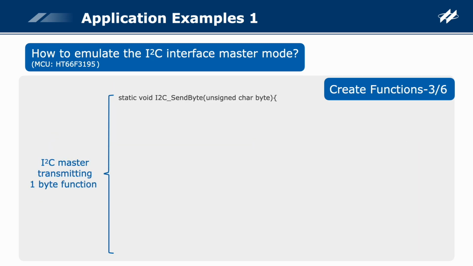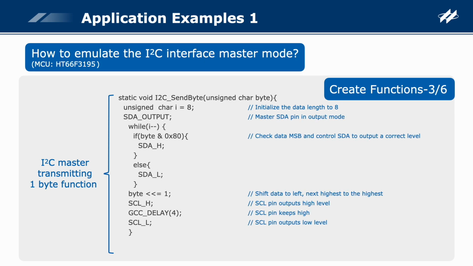The next step is to write a master transmitting function, which not only transmits the slave address and the read-write bit, but also transmits data. First of all, the master controls the SDA pin to output mode. 1 byte has 8 bits, and the I²C data is transmitted with the highest bit first. Therefore, the master checks the highest bit of the data and controls the SDA pin to output the corresponding level,